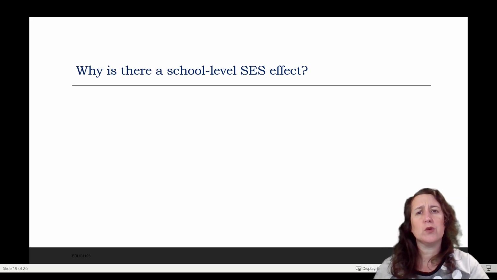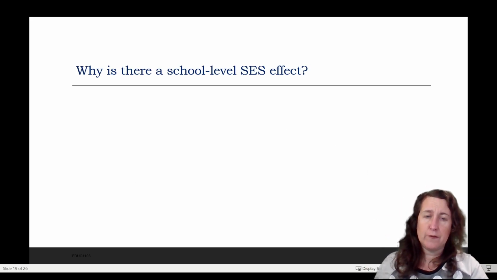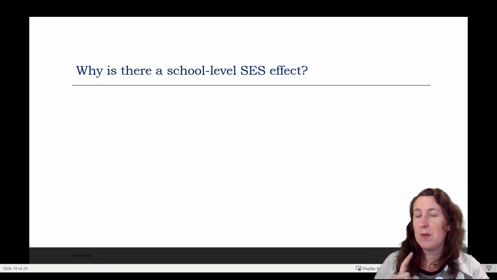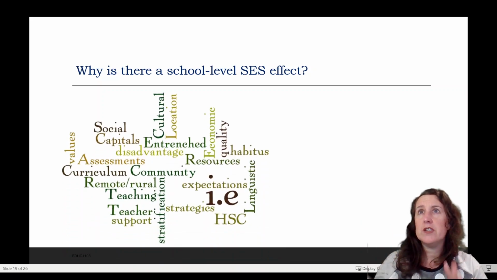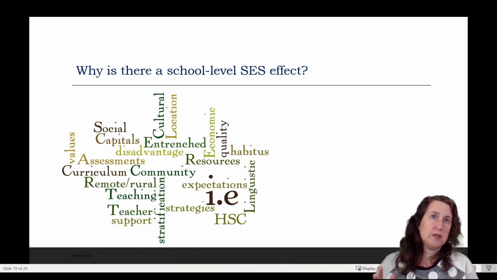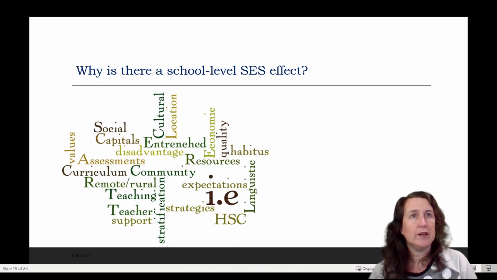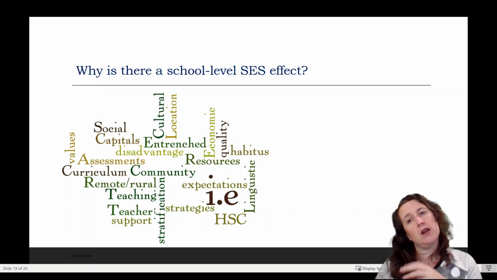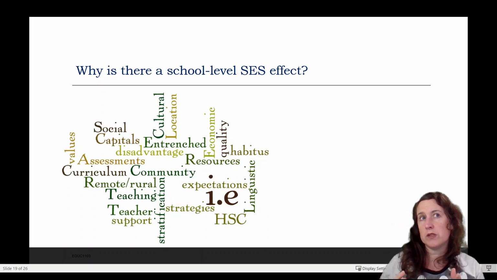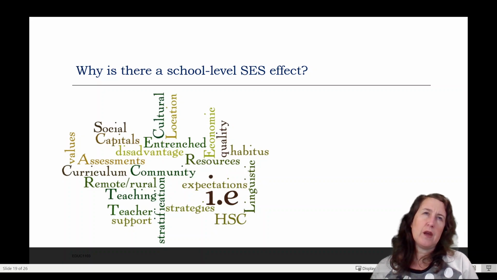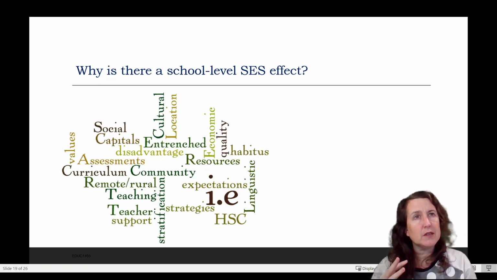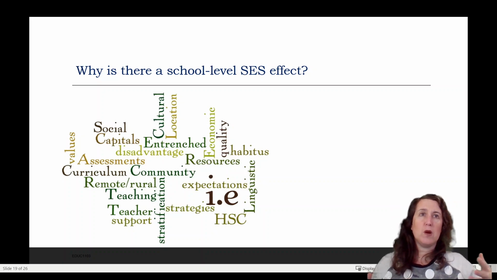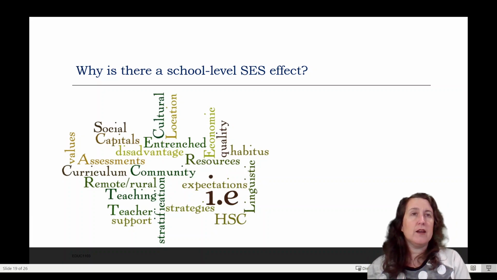So why is there a school level socioeconomic status effect, which is what I asked you 2 slides ago to think about? I hope you thought about it. What did you come up with? Did you come up with thinking about different communities holding different values? Did you consider that schools might assess students differently based on teachers' ideas of what students could achieve? Did you think that the curriculum might be delivered differently across different schools? That where we have rural and remote schools, it might be harder to get teachers there, or might be harder to keep teachers there, so you don't have the same continuity.